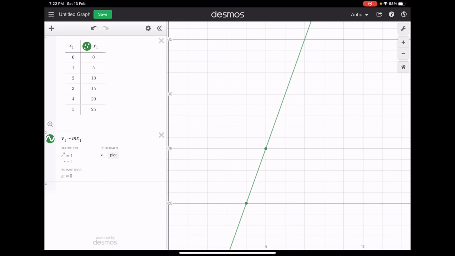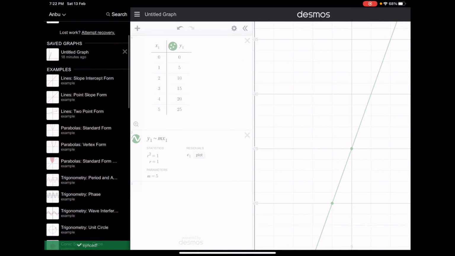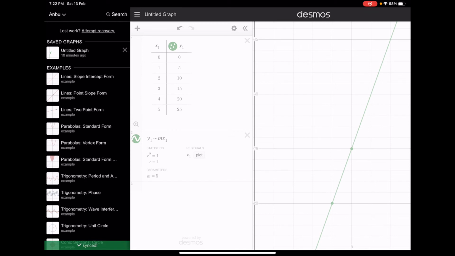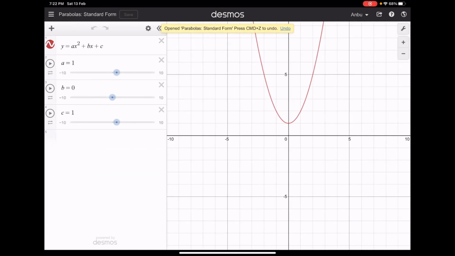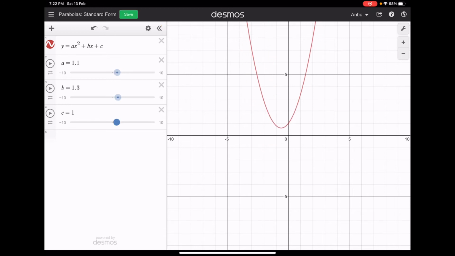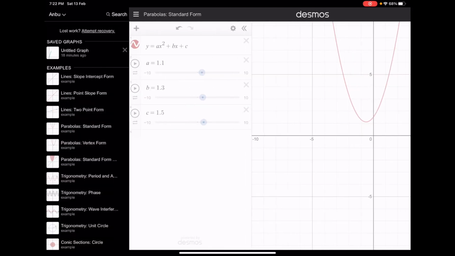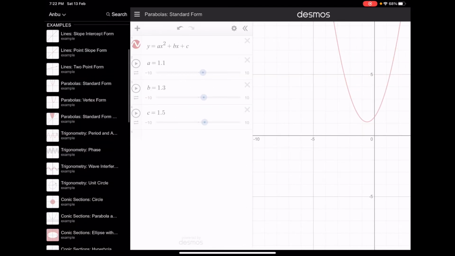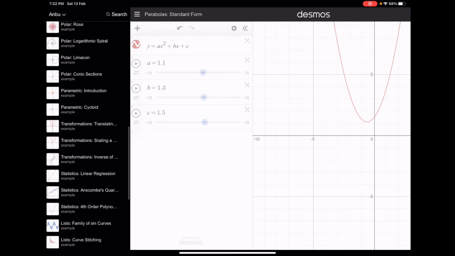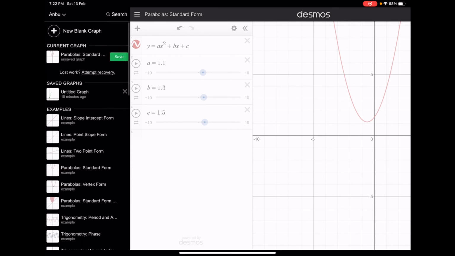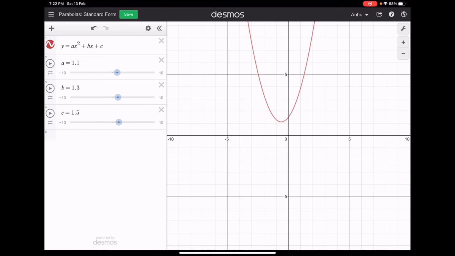Also, some preset graphs are available in the application. You can see slope and two point. For parabolas, you already have a default equation for various a values and various b values, showing how the parabola will differ. So many presets are there, you can check. You have to know the general form of every single equation for power functions and exponential functions. If you know that, then you will get the instant result.